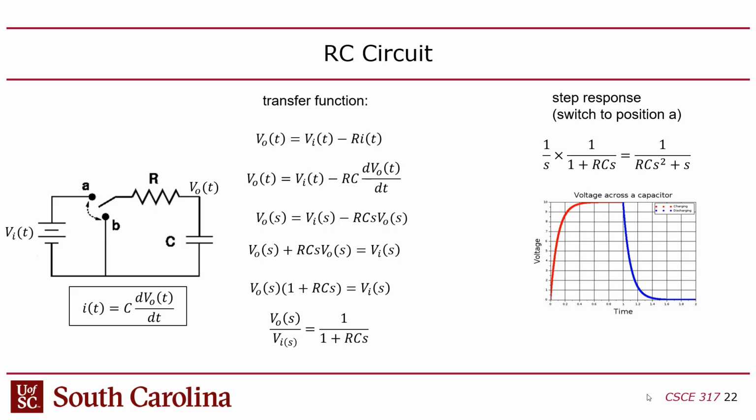Remember, the step is 1 over S. You have to multiply the step in the Laplace with this, which is what I did here. So 1 over S times that. Now I have 1 over RCS squared plus S. And now, if I were to do the inverse Laplace, I would get this, which I didn't do because I didn't have enough time. But I assume if you do the inverse Laplace of this, you'll get exactly this plot, this red line. But again, I didn't confirm that one yet. Okay, so